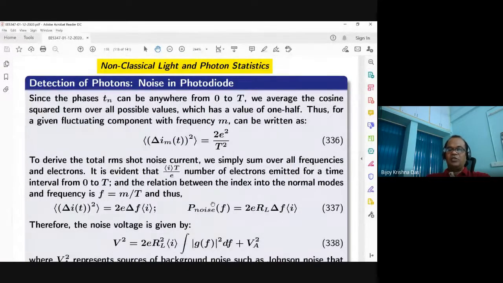Now, if you try to see from this what the noise would be as a function of frequency: this is your current, and you know I square RL is the power. This is the mean square, and you just have to multiply by RL, the load resistance. So that is what we have multiplied by the load resistance. Delta I square RL is our noise expression we discussed earlier, right? So this is coming like this expression. Okay, so what is happening then?